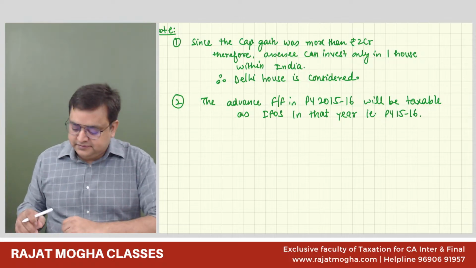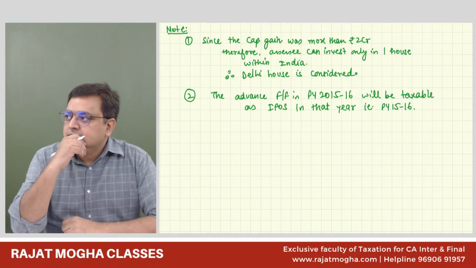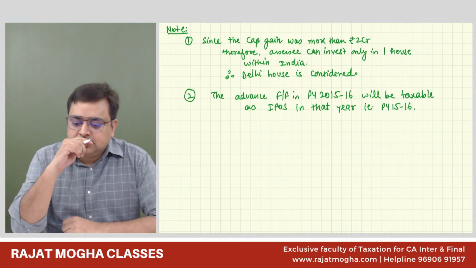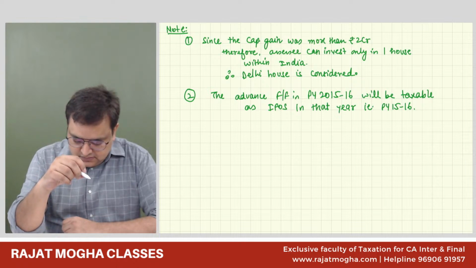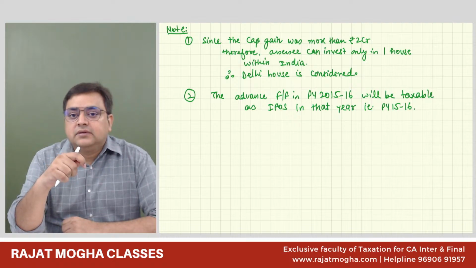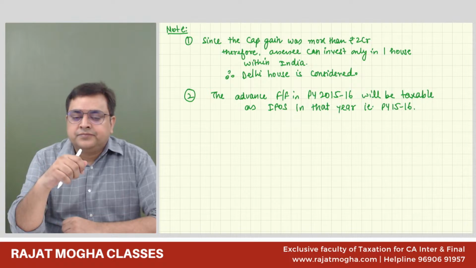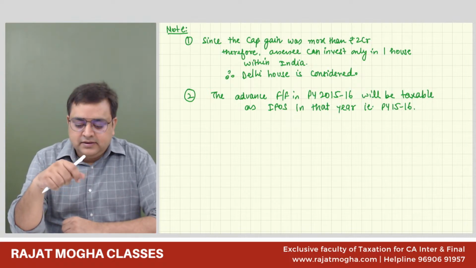Sir, I have a doubt. Yes, please. For the STV, we should take the STV on the agreement date if the advance money is paid in cash. Correct. But if there is forfeiture, it doesn't matter if it's cash or bank. If there is forfeiture, anyways we will make it IFOS. Correct. Section 51 will be applied.